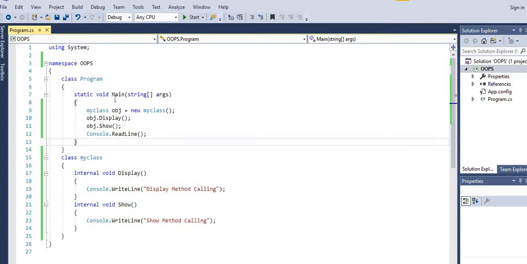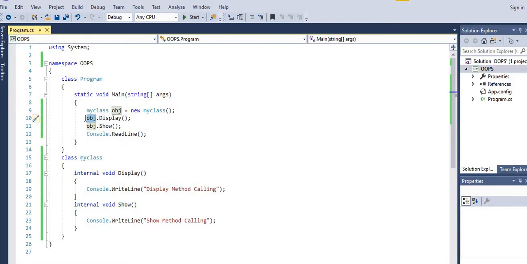In the main class, the Main method. So this is the Main method. You see this line number 9. MyClass obj is the instance of the class, and new is the keyword, then again the class name. This is the syntax to create an instance of the class, an object of the class. So MyClass is the class, and obj is the object. Obj is the variable, the object of MyClass.